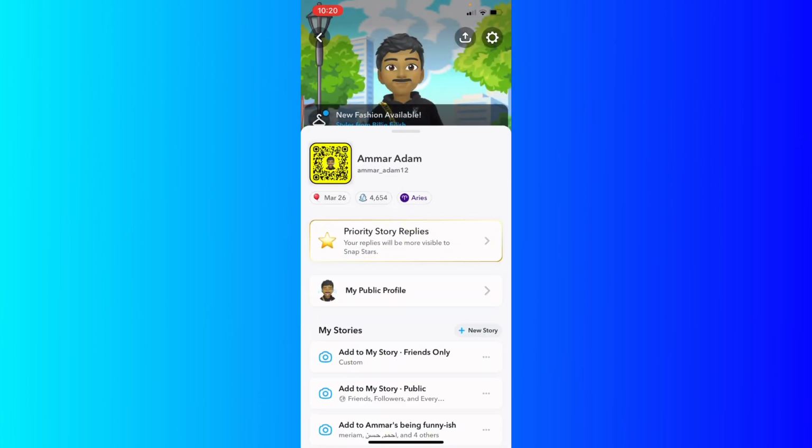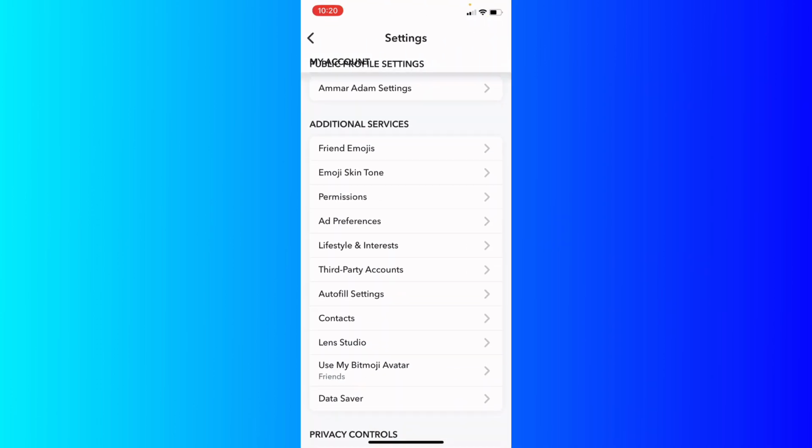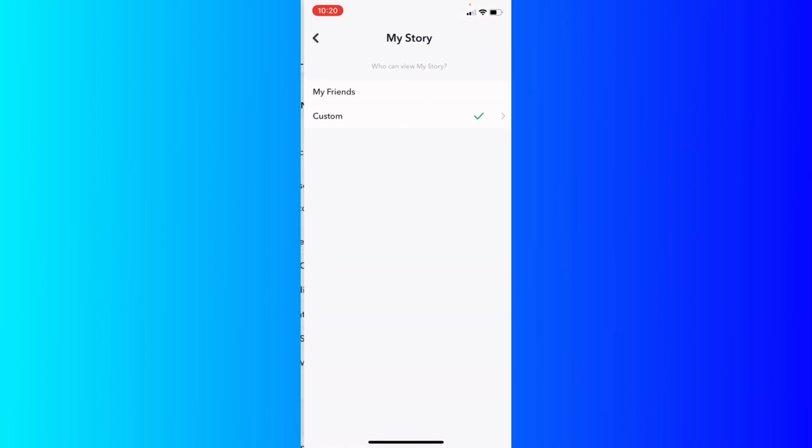And what I'm going to do, I'm going to just go ahead and click on my settings gear at the top right and scroll a little bit down to the privacy controls. And you're going to be able right here to see View My Story. Click on it and basically you're going to be able right here to see the option who can